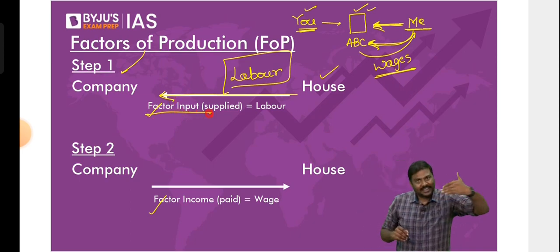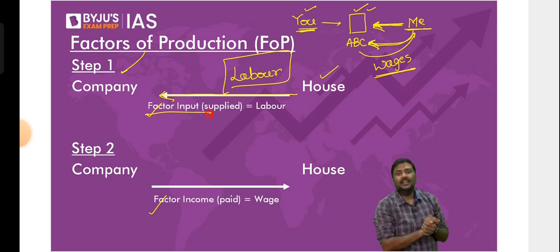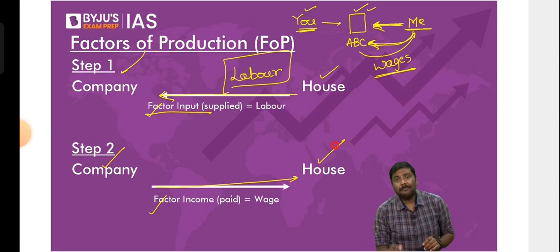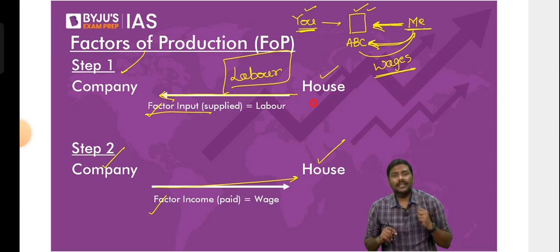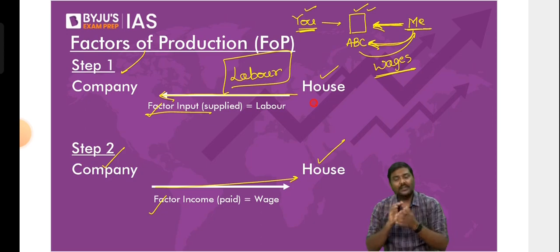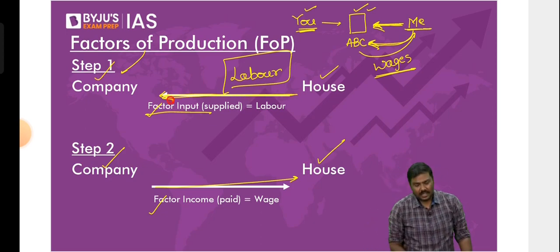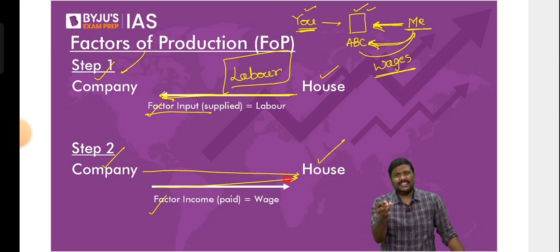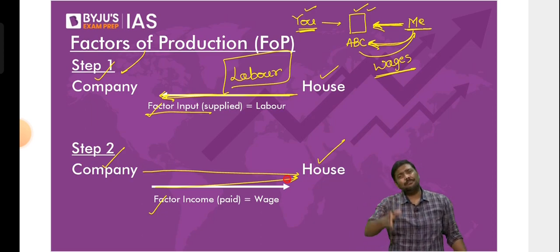And because the house has provided the worker to the company, the company in return has to pay salary, wages to the house. In simple terms, if I'm a part of the house, I will come to your company, work in the company, and after a day, a week, or a month, you will pay me my wages. You will pay me my salary. So have a look at this. The company will utilize the labor services, and in return, the company has to pay wages. Any doubts here? Wages are nothing but the earnings. Wages are paid on daily basis.